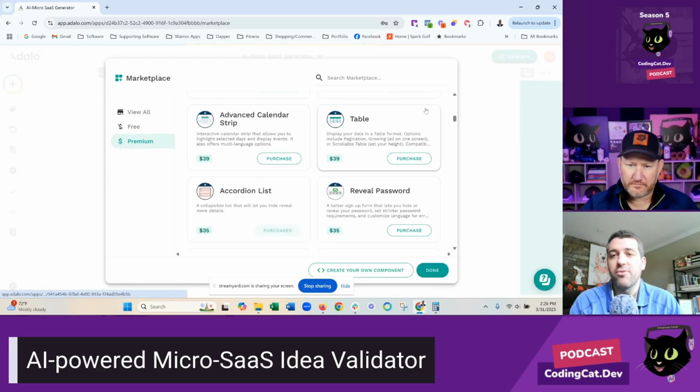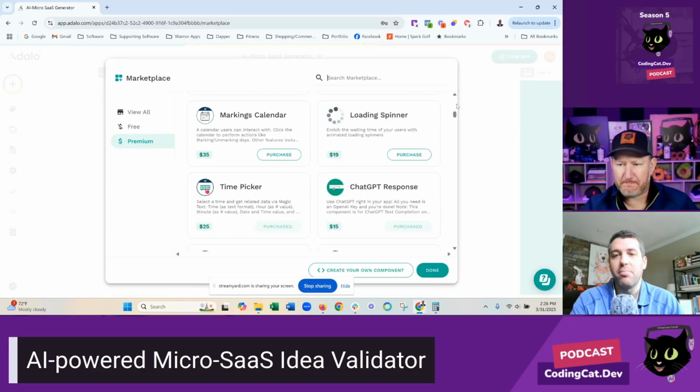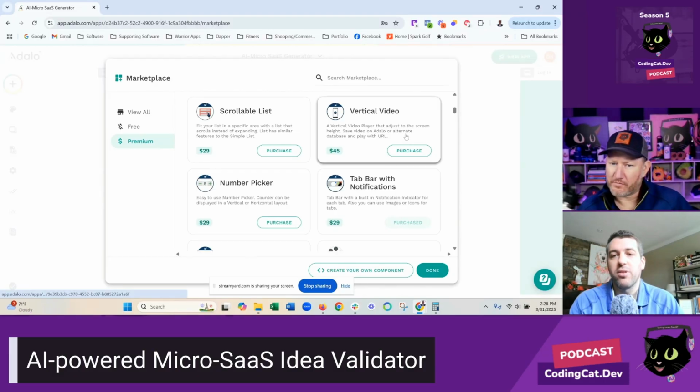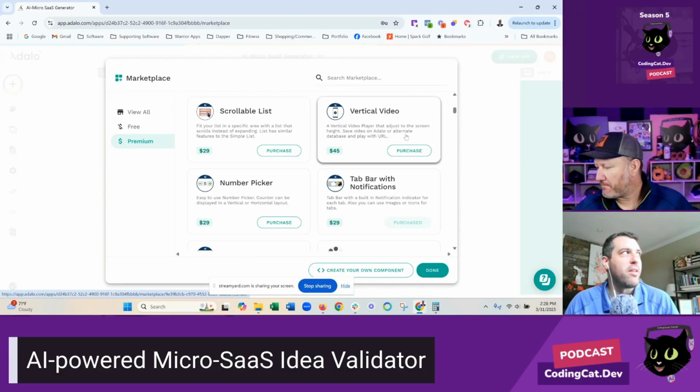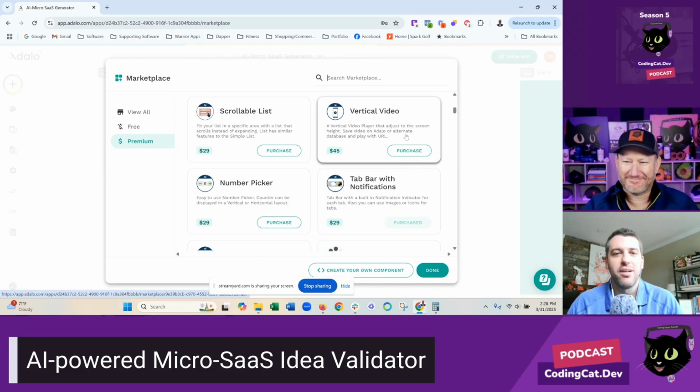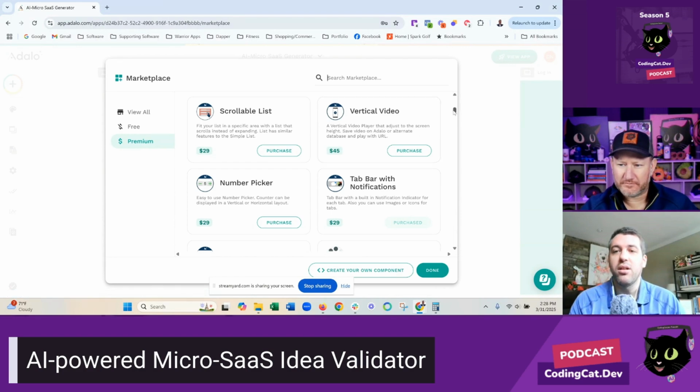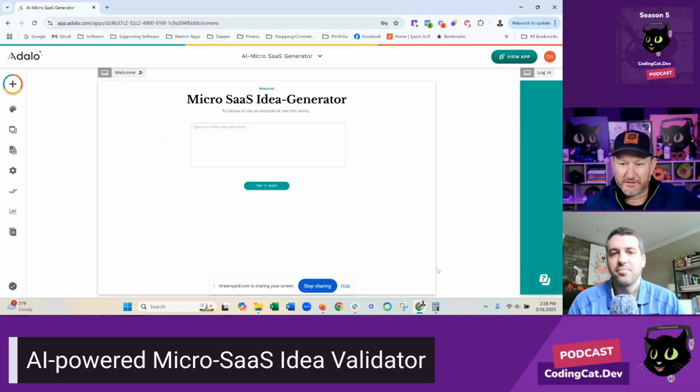A lot of the free ones are actually built by Adalo or built by Bubble, and then these other ones are community ones. There are pros and cons to think about, because I know there are people who say, I never use custom components because somebody could just take it off one day and then my whole app's broken, which is something to consider. I recently spoke with the CEO of Adalo, and they've really started to revet people and change how this all works, so a lot of these should be supported long term. They should have higher quality, but that is something to think about. In my mind, it should say once published, you can never take it down either.